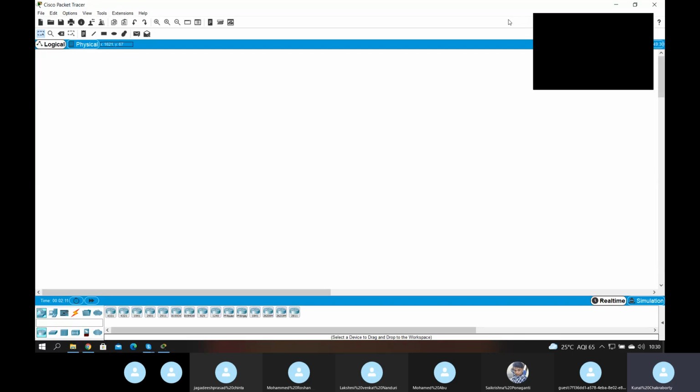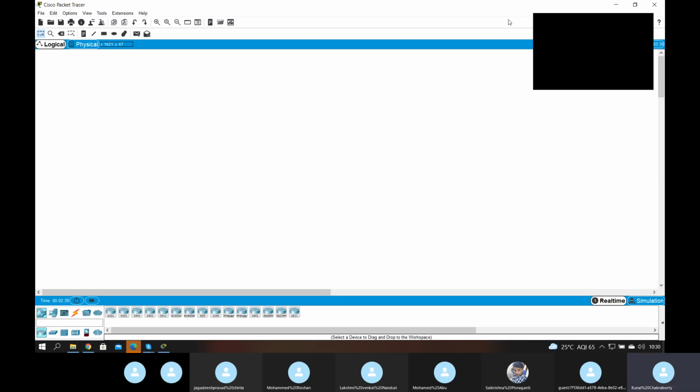So this is the work of a router. What is the purpose of a switch? A switch is used to divide a network. One is to create a network and one is to divide a network. The purpose of a router is to create a network to communicate with different networks, give security, and also give translation of private to public and public to private IPs.